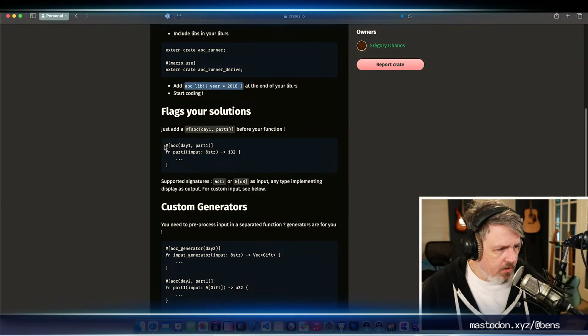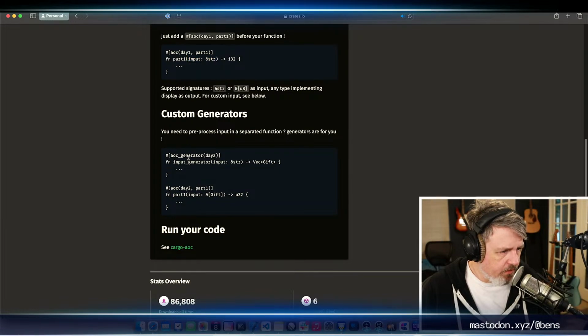And then when you annotate your method with the day and the part, it will automatically put in the input from the program. Sorry, from Advent of Code, which I thought was really cool.